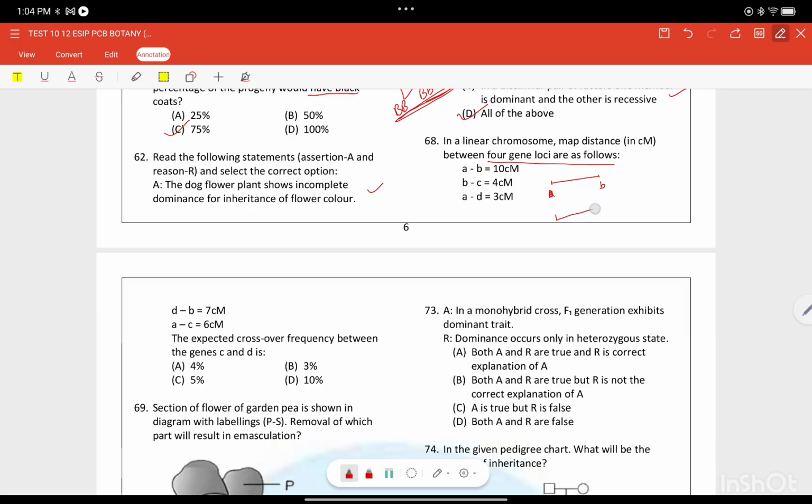The distance is 10 centimorgan. B and C, it is given 4 centimorgan, and A and D 3 centimorgan, D and B 7, A and C 6. So A and C is 6 and C and B 4 centimorgan, B and D 7,